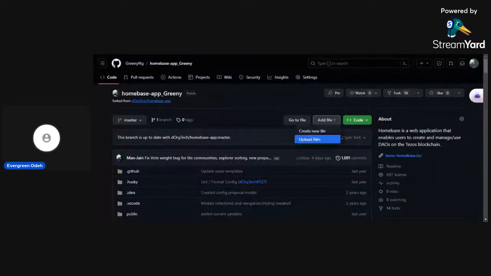So if I wanted to upload my PNG file or SVG file, I would see a drag and drop.